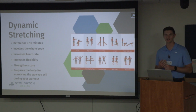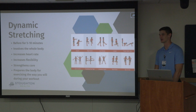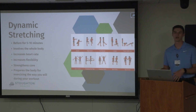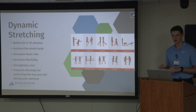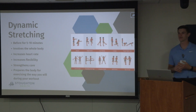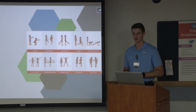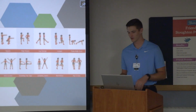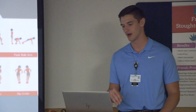We want to make sure that your shoulders are ready. You want to make sure that your hips and knees especially, and your ankles are ready to exercise, and that can prevent an injury as well. Dynamic stretching can also increase flexibility, which reduces the risk for injury and strengthens your core. So on the right, it's a little pixelated on this slide right now,